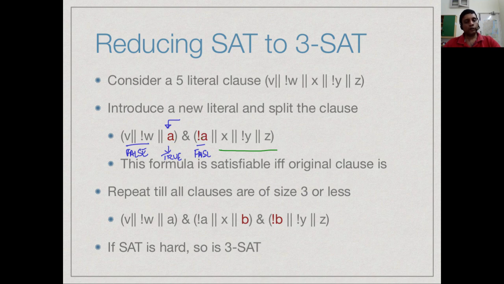If A is false, not A will become true, then I have no obligation on the remaining variables. Right? So the claim is that by this expansion, by removing this one, by splitting away the first 2 variables and adding this intermediate thing linking the 2 clauses, I produce 2 clauses which have the same satisfiability as the original clause. Now again I have, unfortunately,